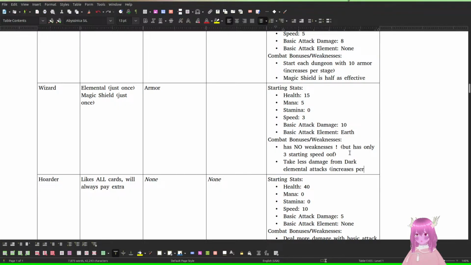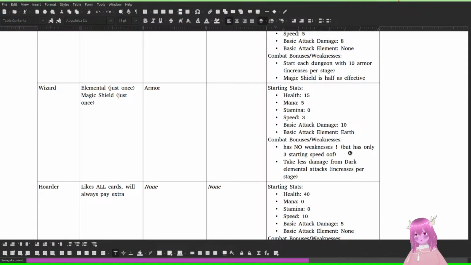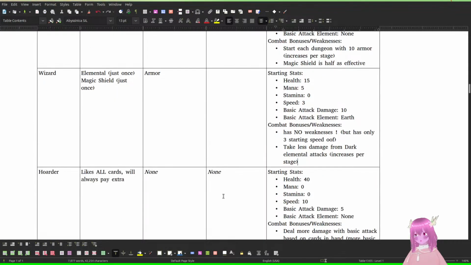Increases per stage as well. It's like a Path of Exile wizard, actually. Wait, what if we make them actually a Path of Exile wizard and make them take no damage from dark elemental attacks? That would be interesting.